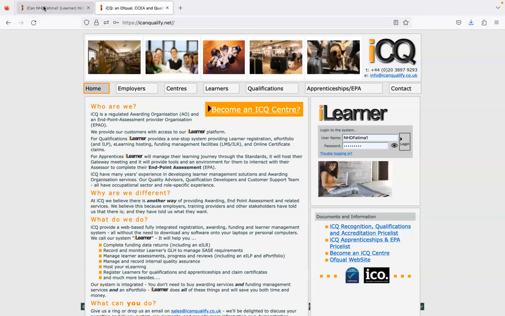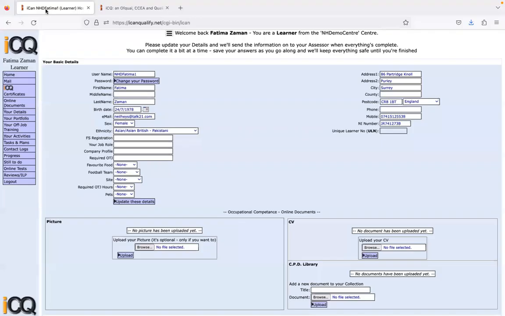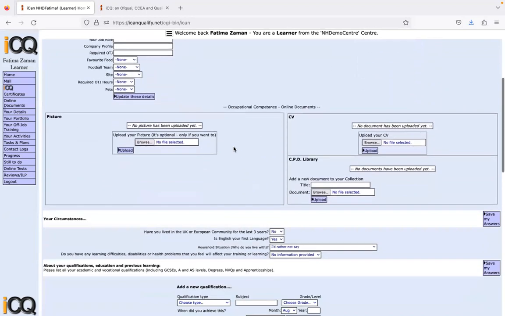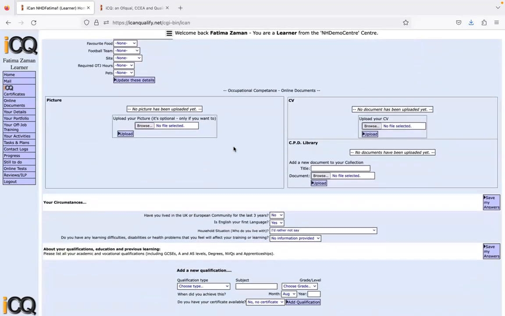Once you've put your username and password in the box at the side there, hit the login button, left click the login button, and you will be logged in. And the first thing that you'll be faced with is a learner interview. If you are faced with this learner interview, check the details and add any details or information that's not been